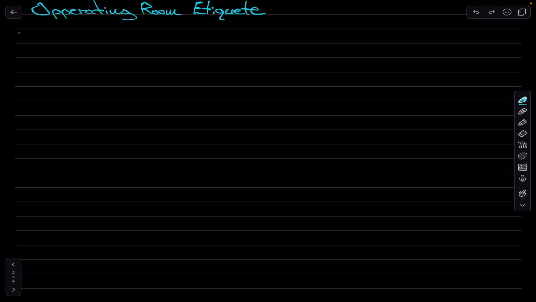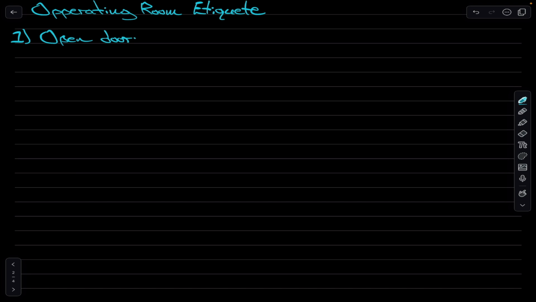The first one, and these are going to seem pretty basic, but they're good to keep in mind, is knowing where the automatic door opener for the OR is. Oftentimes, you're going to be walking into an OR. The patient and the CRNA or the SRNA will be following you in there, and it's really helpful if you're able to open the door for the patient so you can be part of the team and not be a cumbersome student. So we'll just say open